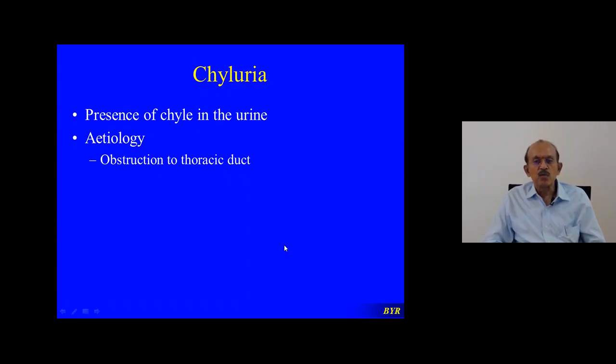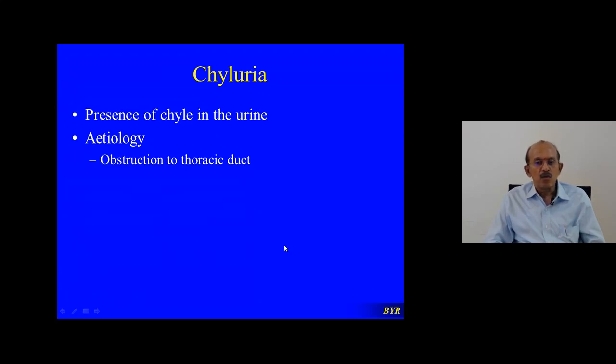So this chyle is present only in the lymphatics draining the intestines. From the intestines, where do they go? The lymphatics go in the mesentery of the intestines. They go to the lymph nodes. From there, they go to the thoracic duct. So the thoracic duct contains lymph from various parts of the body plus the chyle also. And this chylous lymph will be drained into the bloodstream because the thoracic duct empties its contents into the bloodstream. So chyle is present exclusively in the thoracic duct.